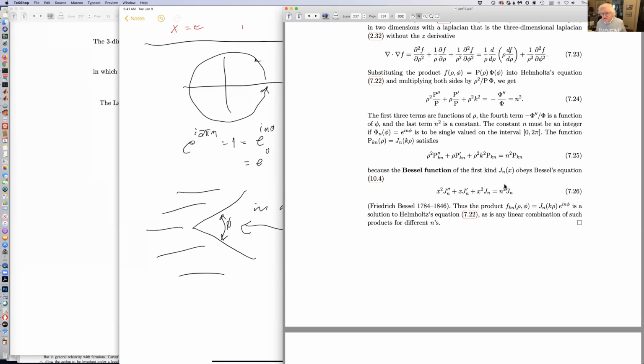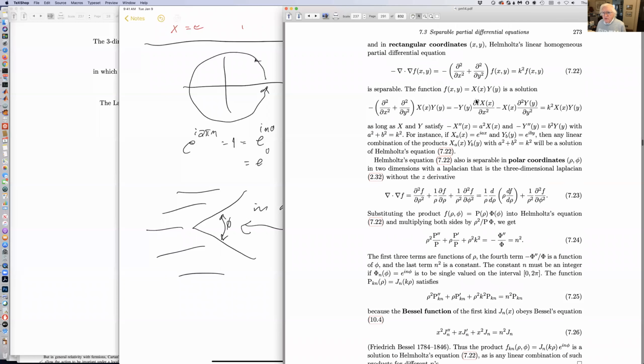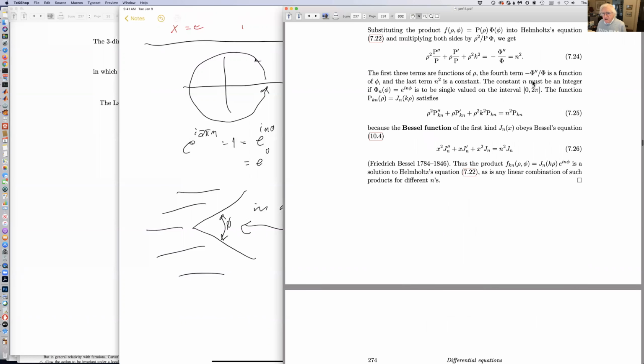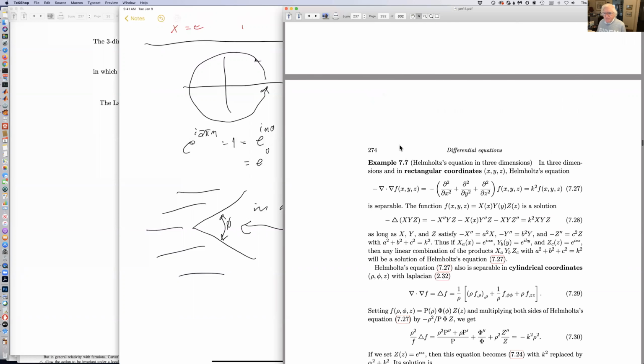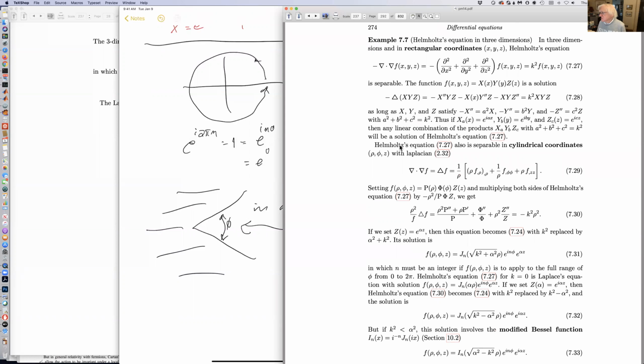So what you have then is the product Jn of k rho times e to the I n phi. Notice the way this k, now where was k? K was originally here. It doesn't occur in the phi solution, and it just sneaks up on us in the scaling of the radial variable in 2 dimensions. In 3 dimensions,